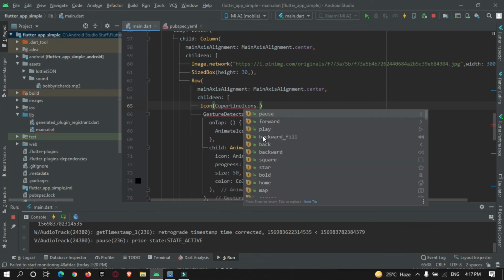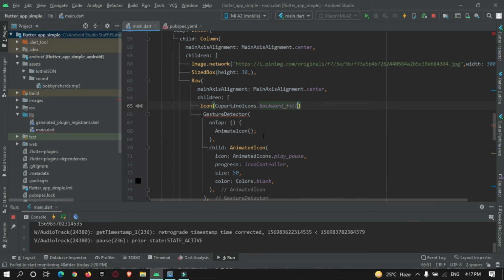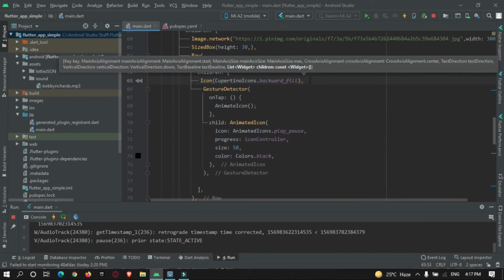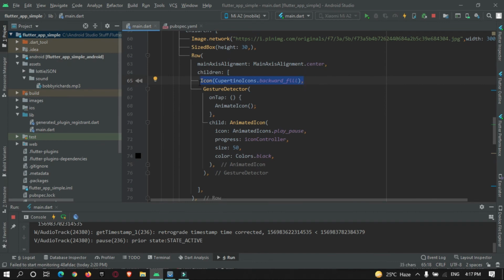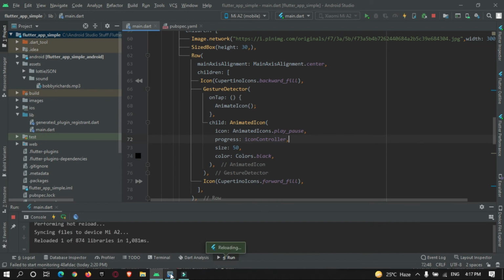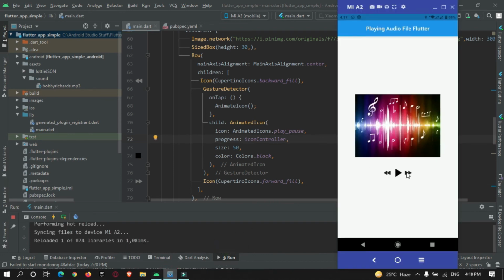It is a backward fill icon. And the same thing after this icon, and the icon is forward. As you can see, there are two buttons over here.